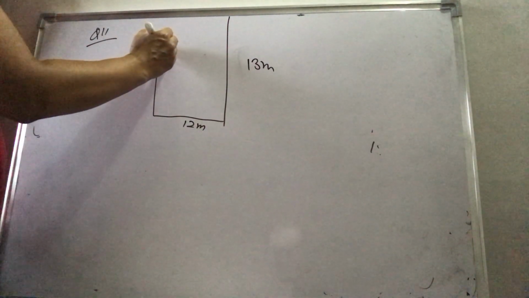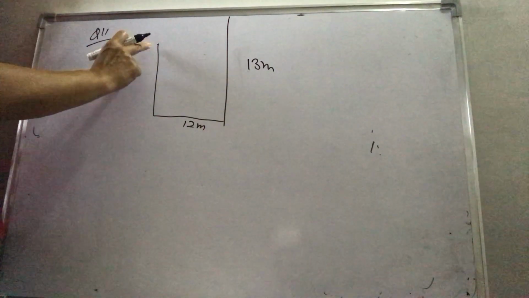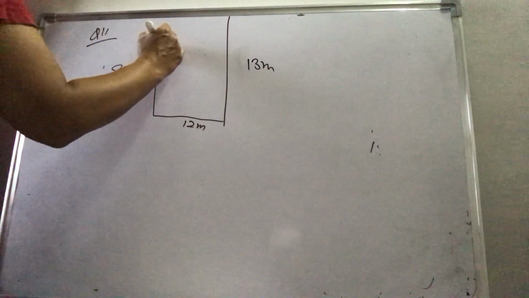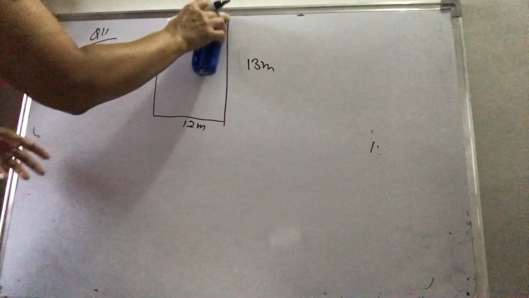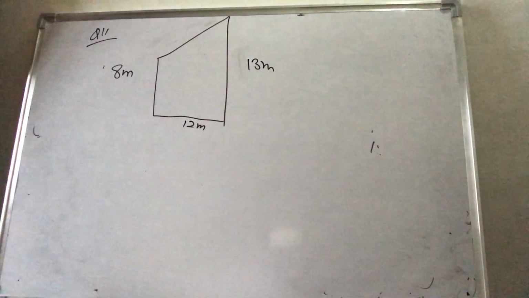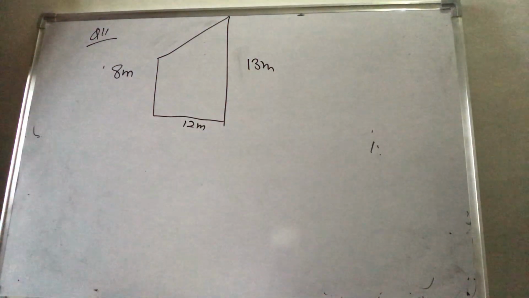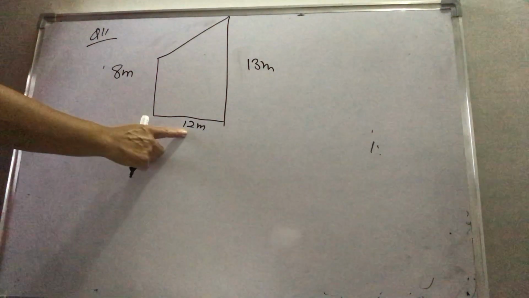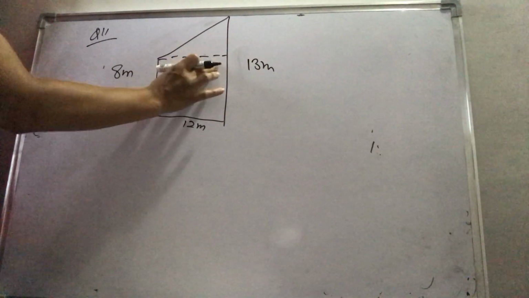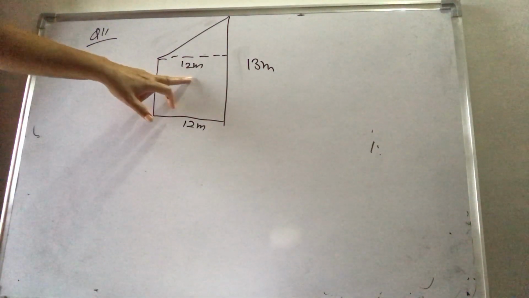We have to tell the distance between their tops. The top of this pole is this one and the top of this pole is this one. We have to tell this much. We have to tell the distance between their tops. Now it is 12 meter. So that distance will always be 12 meter. That distance will also be 12 meter.